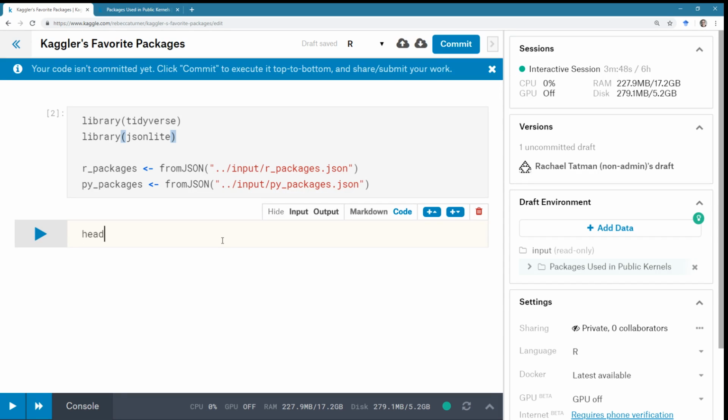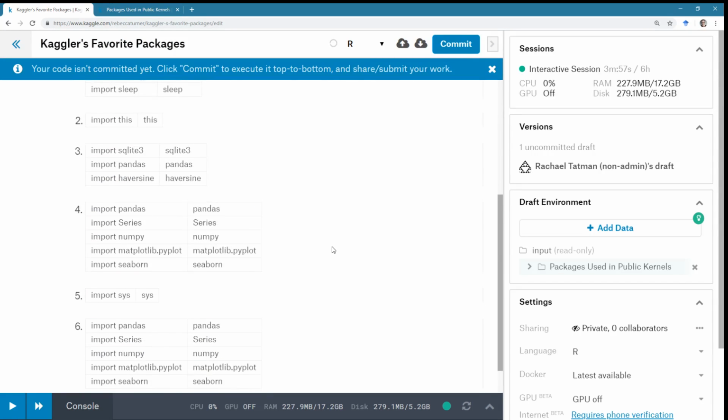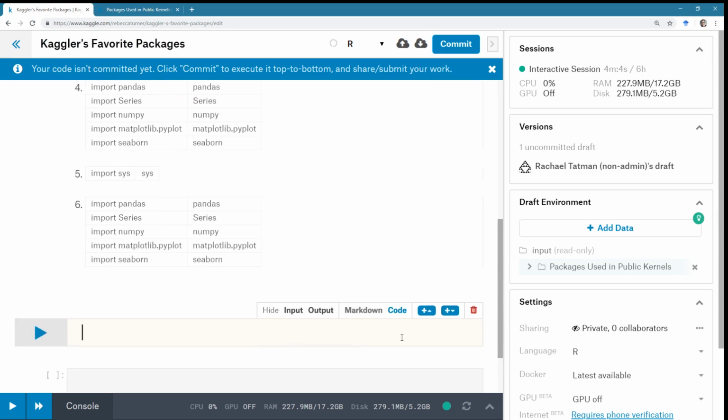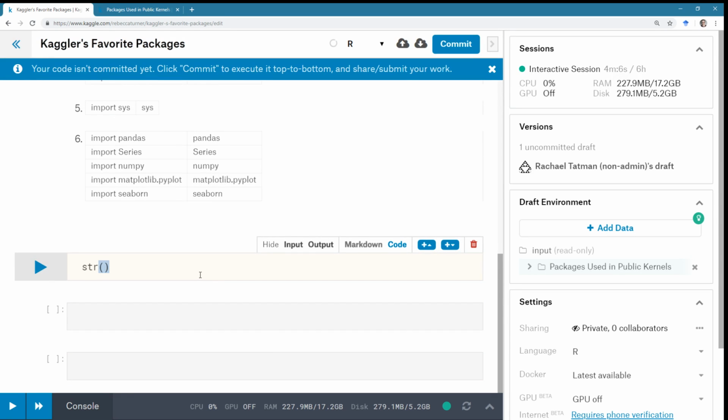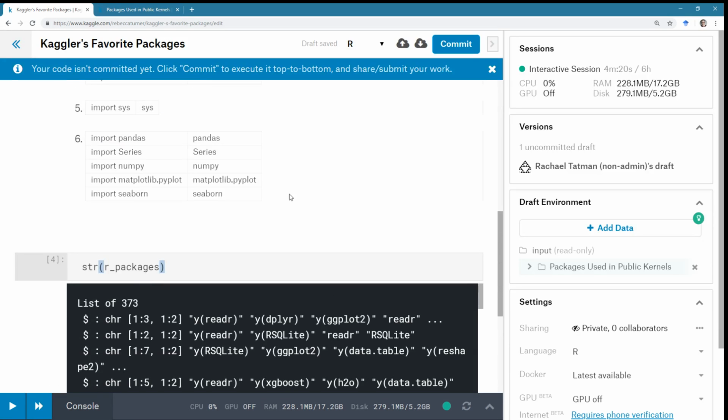All right, let's check out the head of the Python packages. Okay, so this is a list of data frames, which I know because I'm the one who made the data set in the first place, but I can show you the way to find that out. It was R packages. Sorry, character matrices, not data frames. If these were data frames, this would say data frame. Because it says character and then gives you some dimensions, you know that it's actually a character matrix.